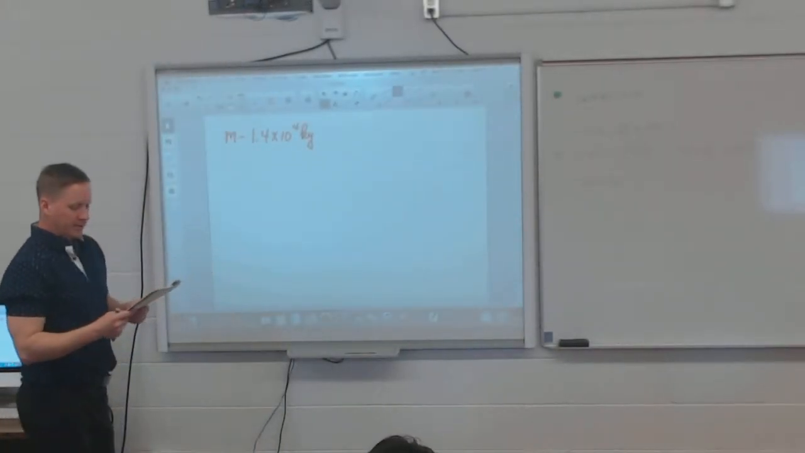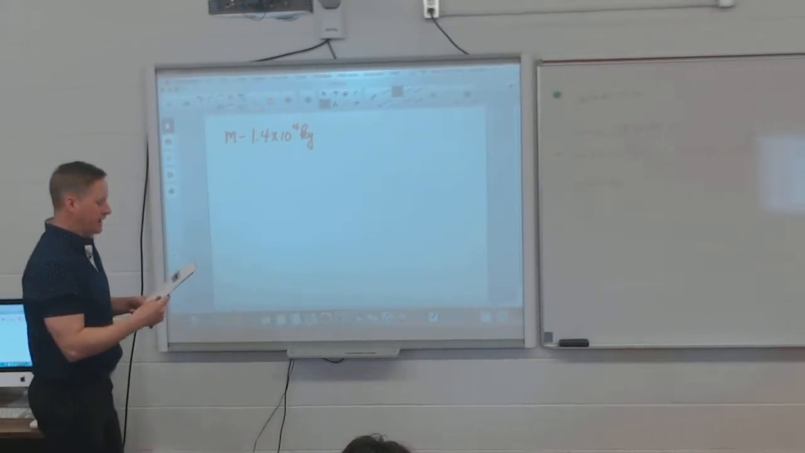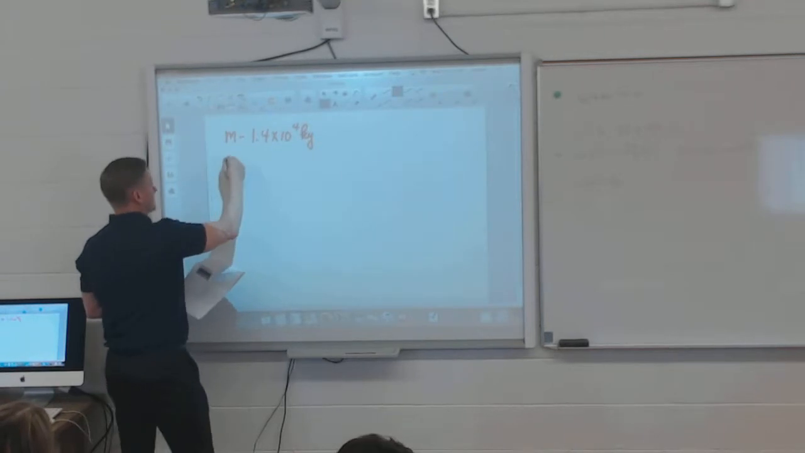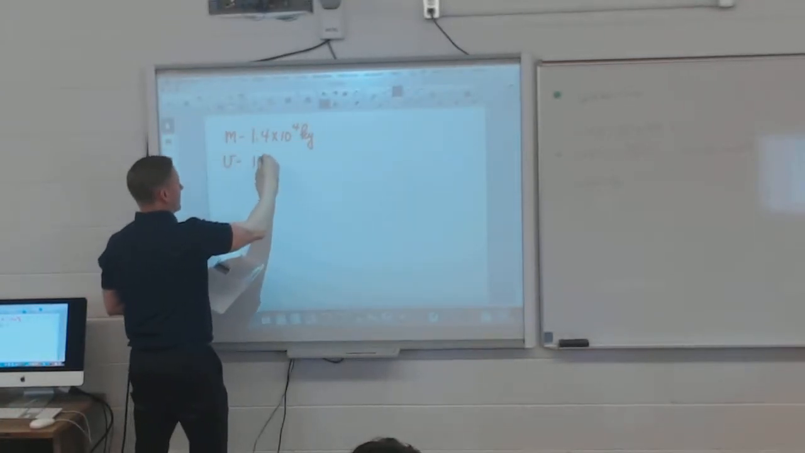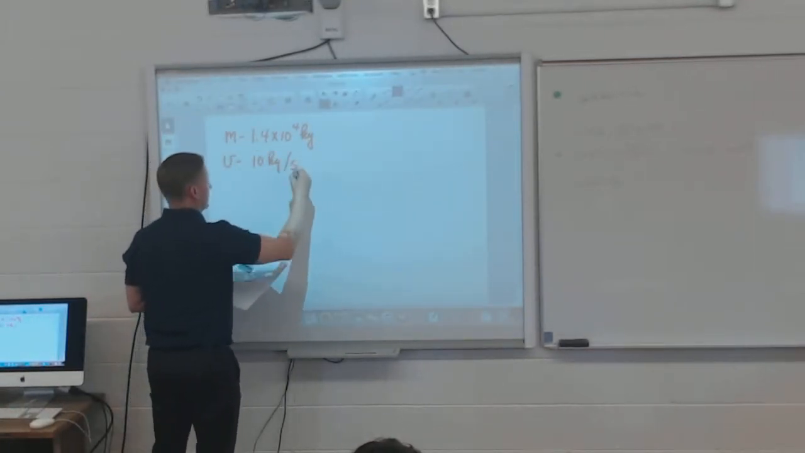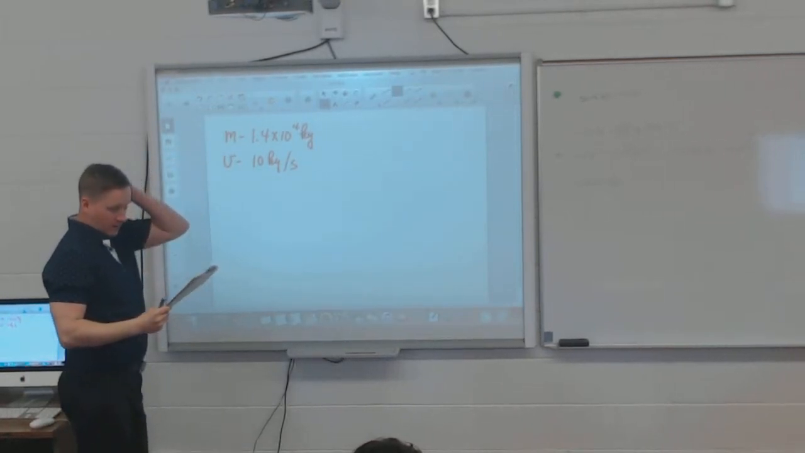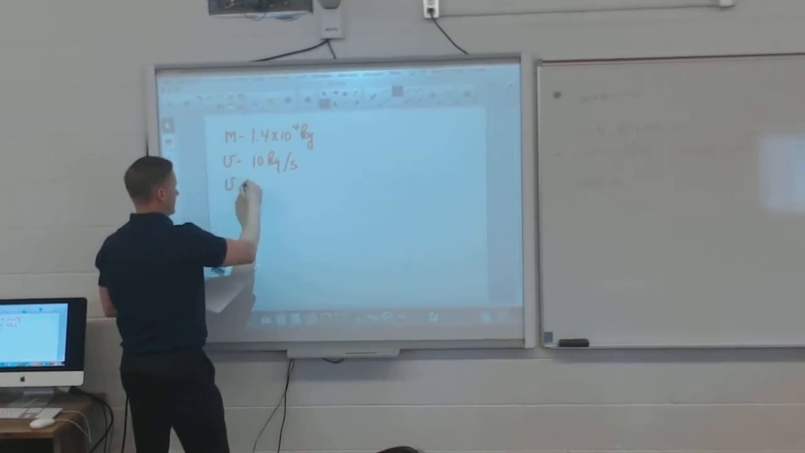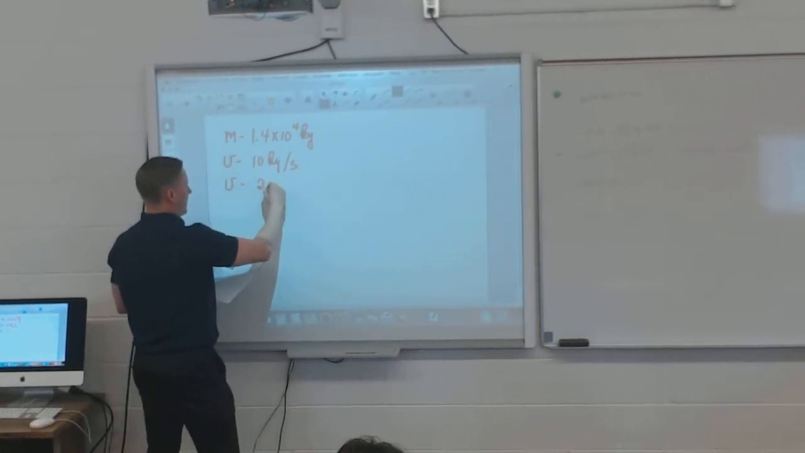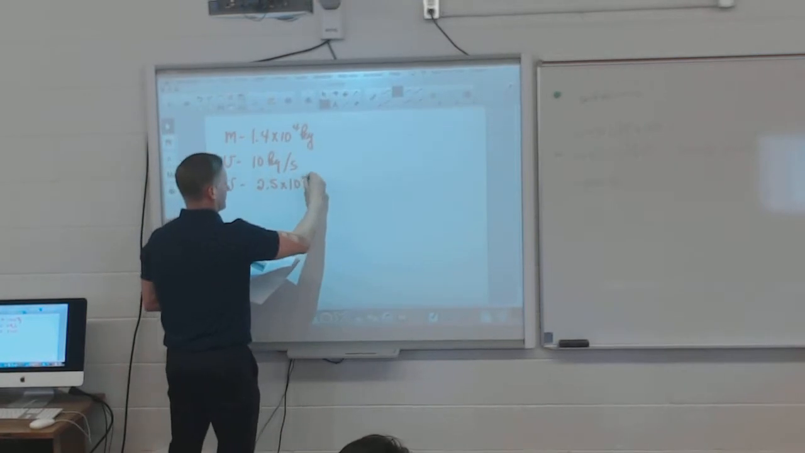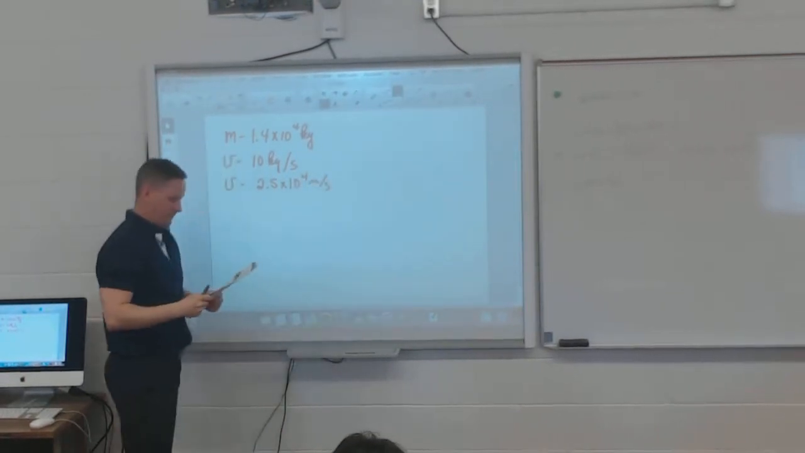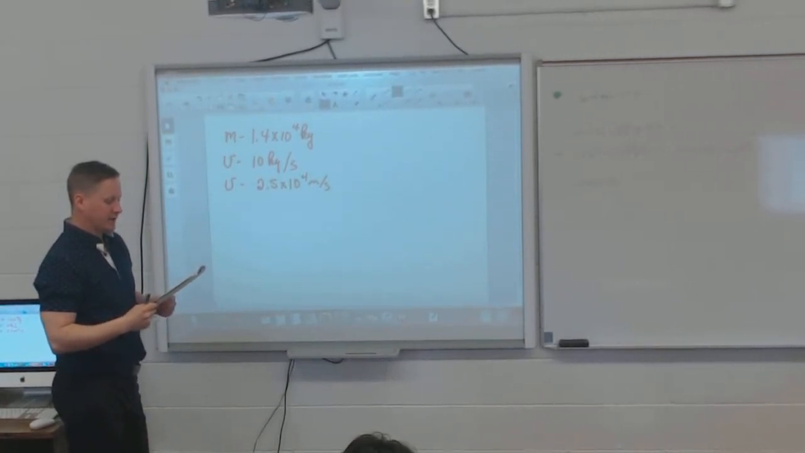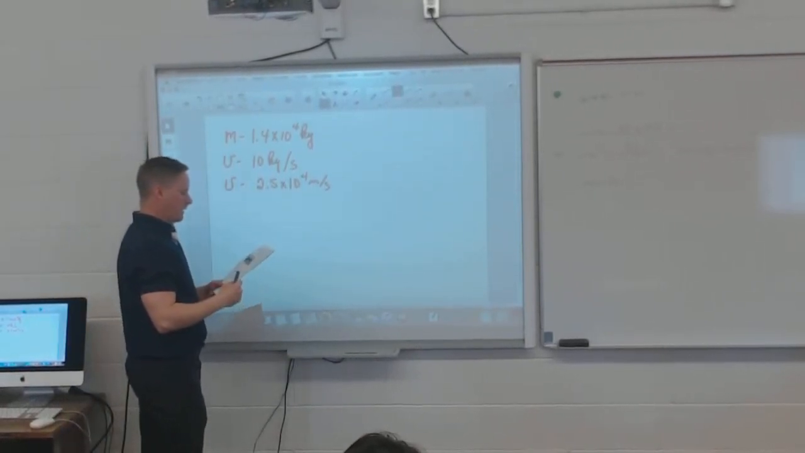For propulsion, it expels gases from its rocket engines at a rate of 10 kilograms per second. So that's somewhat like a velocity, but not really, but I'm going to just write it in there like that. And an exhaust speed, so this is a velocity, of 2.5 times 10 to the 4th meters per second relative to the rocket. For how many seconds must the engines burn in order for the sled to acquire